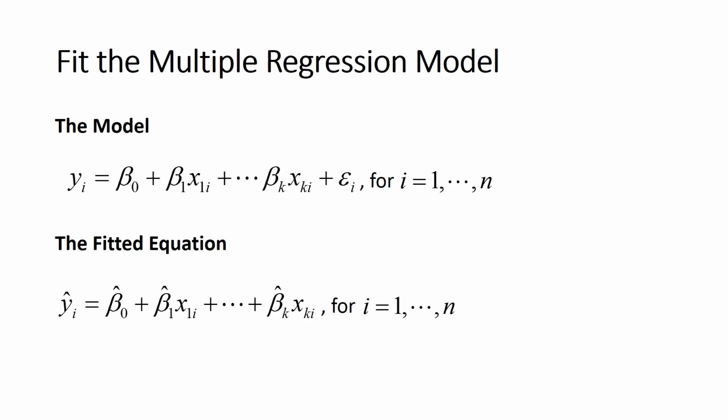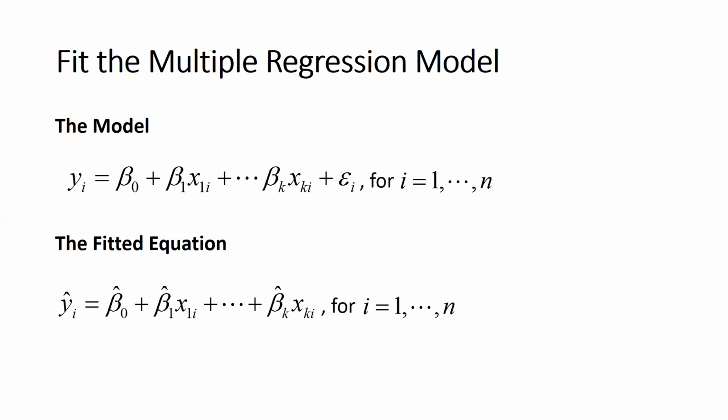So this is a motivation to switch away from using alpha and beta or a and b for the intercept and slope in a model, because this notation with the betas makes it easier to add more independent variables. So this is a little bit more common when you get into multiple regression models. There's still an error term in the model, and there's still hats all over the place in the fitted equation. So the technology will fit estimates to these various values and give us an equation that we can use to take these fairly simple to obtain measurements from an adult male and predict the body fat percentage for that person.